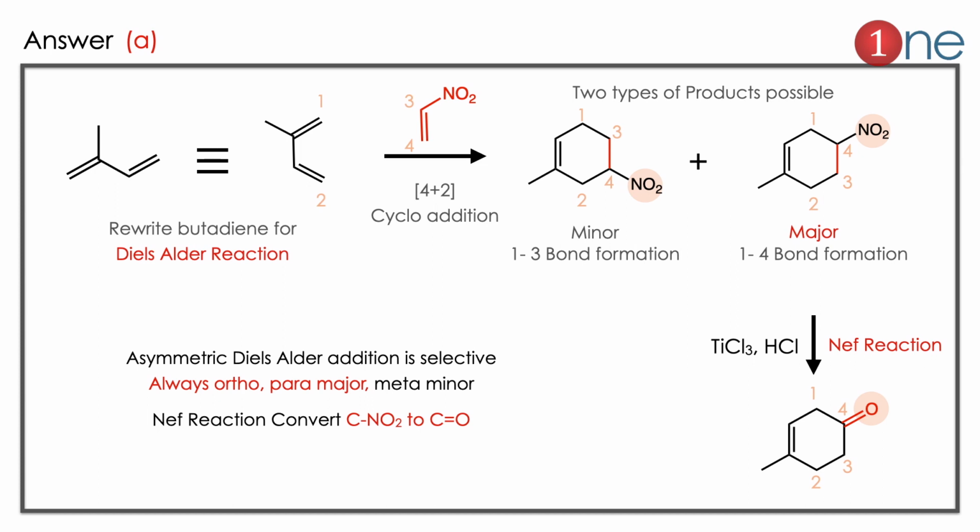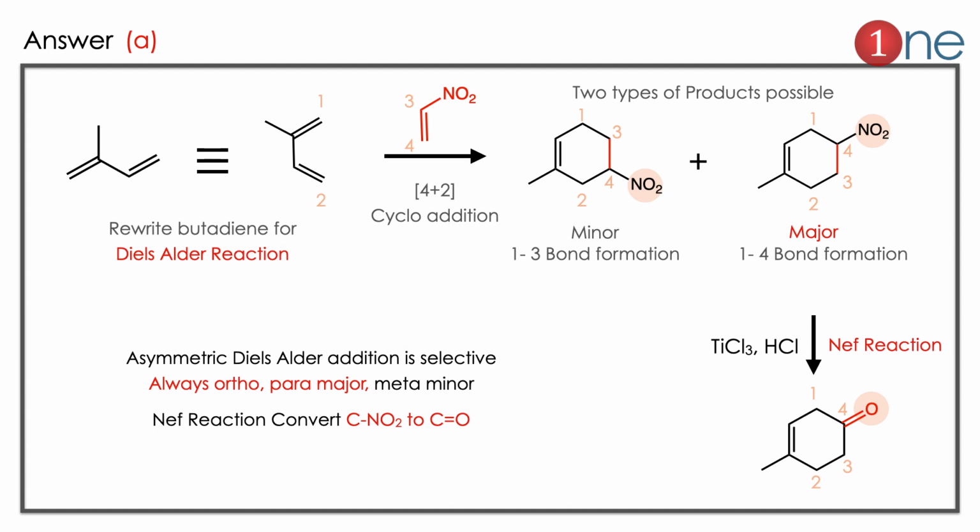Since the starting material is asymmetric, 2 types of bond formation are there. Whether 3-4 directly add to 1-2, or 1 adds to 4. So there are 2 possibilities. You have to guess which is minor. According to stability rules, only ortho and para are the major forms, meta is the minor form. In this answer only para is given, so we took para as the major form. So 1-4 bond formation occurs, which is a cross bonding. 1-4 and 2-3 bond formation occurs.